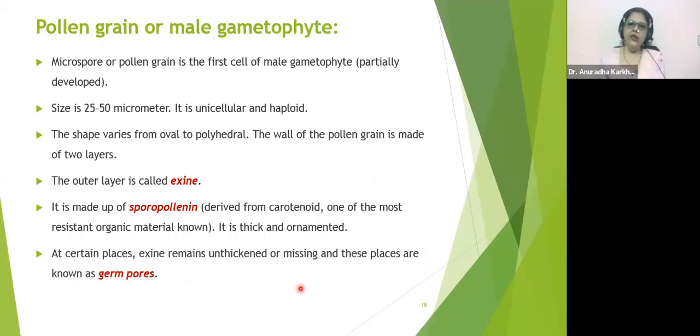So now we go ahead with the pollen grain structure. Basically, how does it look like? So pollen grain is also called the male gametophyte. Phyte,